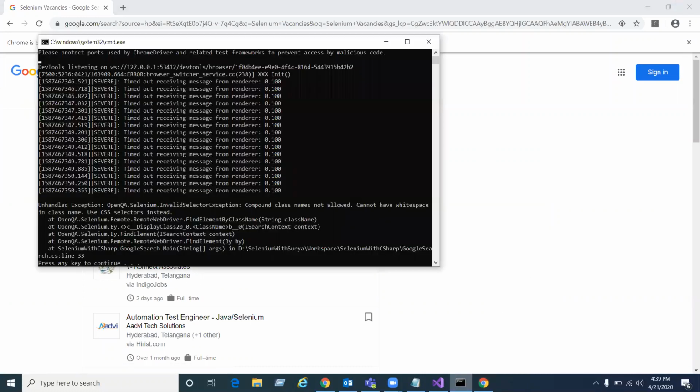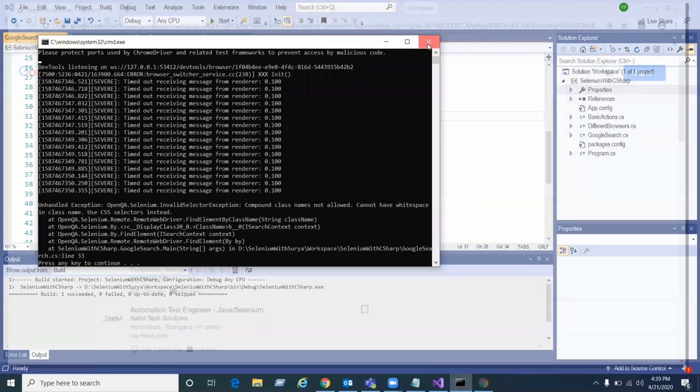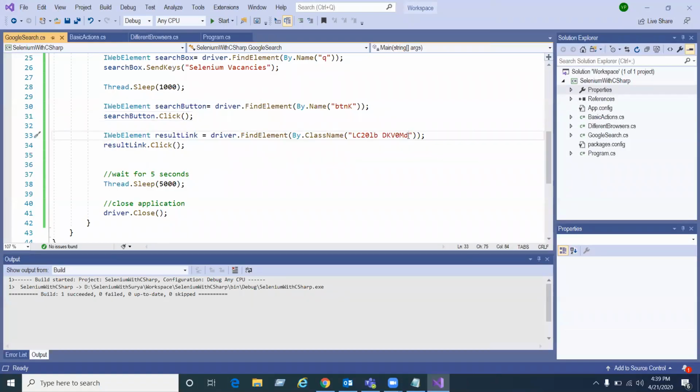Now you are getting an exception. Invalid selector exception. Compound class names not allowed. So multiple words are not allowed; you cannot have white space in a class name. That is the thing. So let us check up to here.